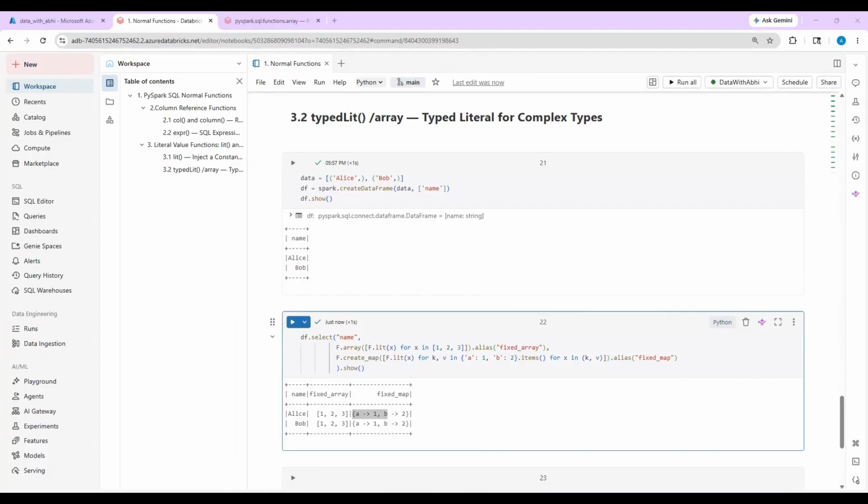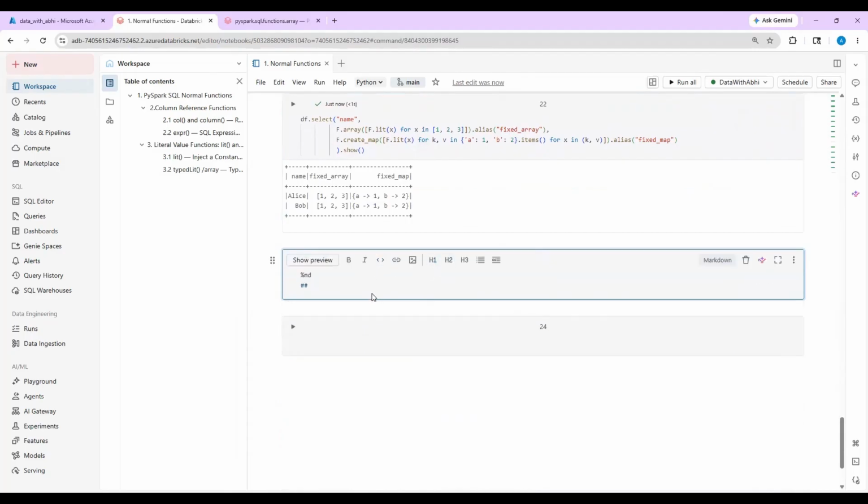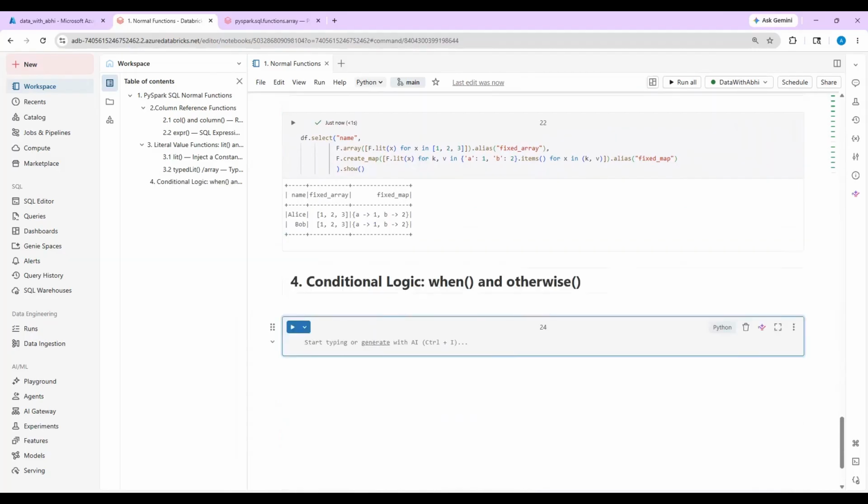Which is conditional logic, when and otherwise. In when and otherwise we can see the different conditions. To use a when in PySpark, it is equivalent to case when or if then else in SQL. It evaluates a Boolean condition for each row and returns the corresponding value. Multiple when calls can be chained for multi-branch logic, and otherwise provides the default fallback, like the else